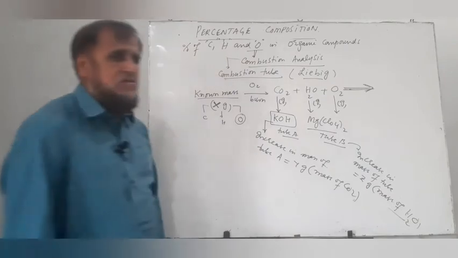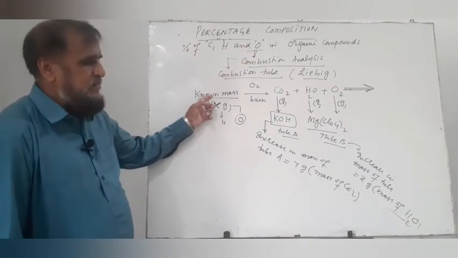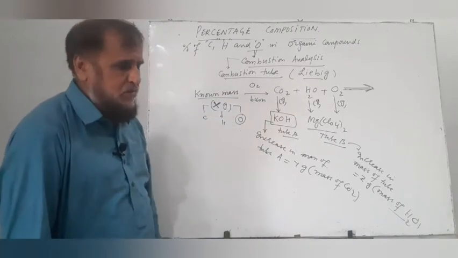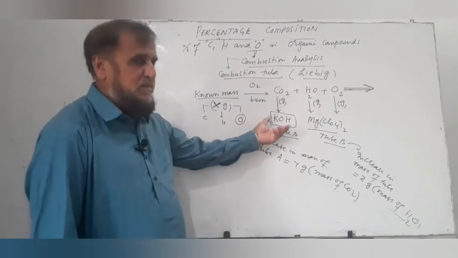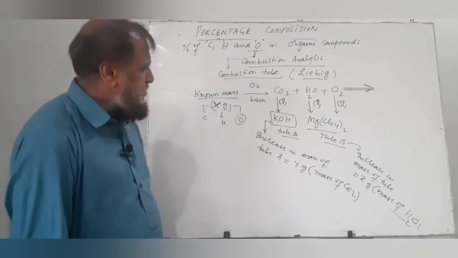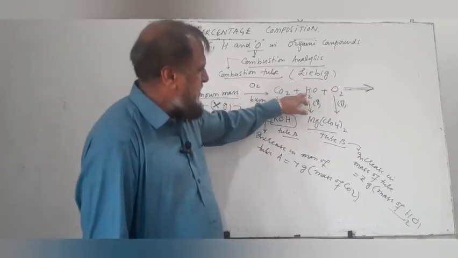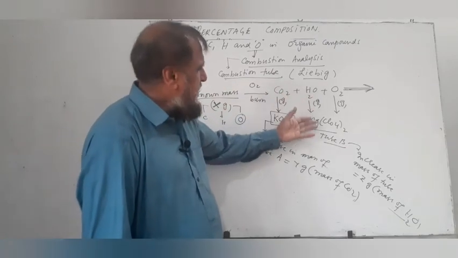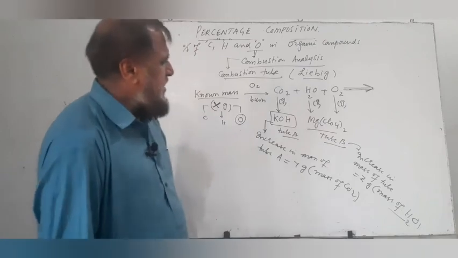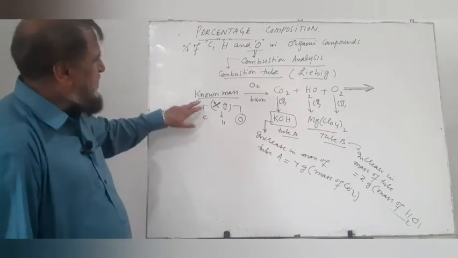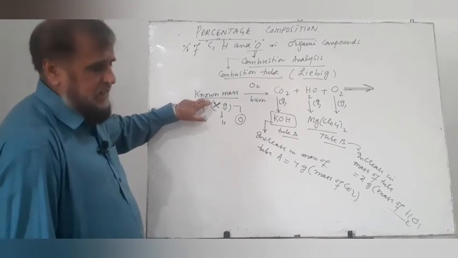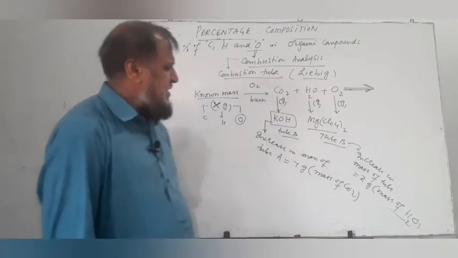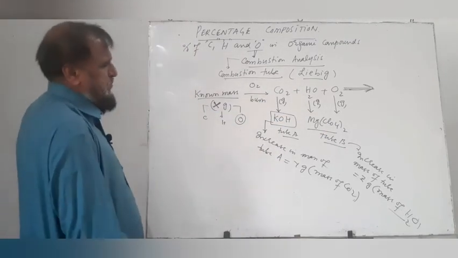Now we have three known quantities. We know the mass of organic compound which was burnt in the combustion tube. We know the mass of carbon dioxide which was produced during burning, and it was absorbed in potassium hydroxide, thereby increasing its mass. We know the mass of water vapors which were produced during the burning of the compound. All the hydrogen was converted to water, and the mass of water was determined by the increase in mass of tube B. From these three quantities, the mass of organic compound X, the mass of carbon dioxide Y, and the mass of water Z, we can calculate the percentages by using three different relations.